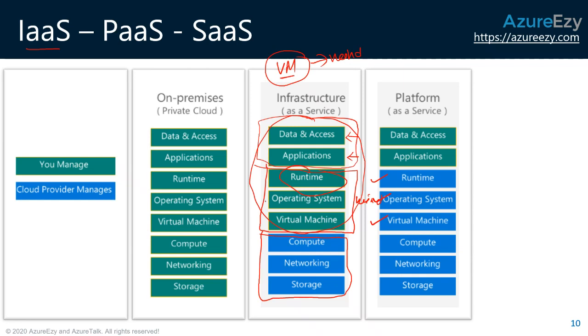So you are responsible for the operating system, you are responsible for the virtual machine. You are creating that virtual machine, you are managing it, you are making sure that it is up to date in terms of your operating system, in terms of the runtime such as the .NET framework or Java framework or whatsoever it is. Then that is an IaaS service. Similarly, when you go forward into the platform service, you get rid of this responsibility. Your cloud provider such as Azure will take care of it.